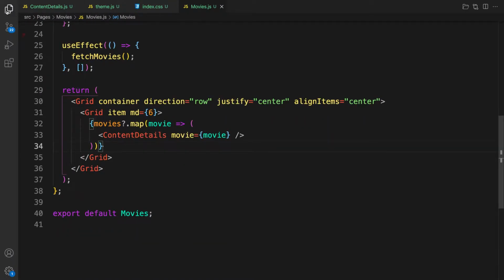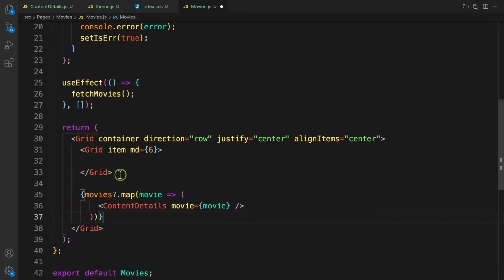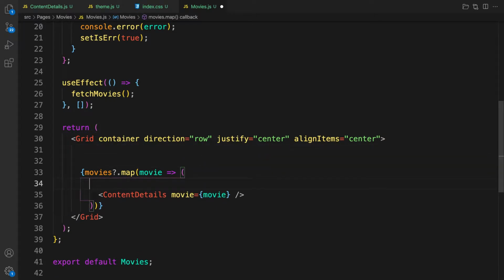So here I'm inside the movies component. All right. So the problem is that we need to return the grid, right? But rather we are looping through inside the grid item, which is where the problem is coming from. So let's cut everything from here, bring it outside, and then let's return the grid